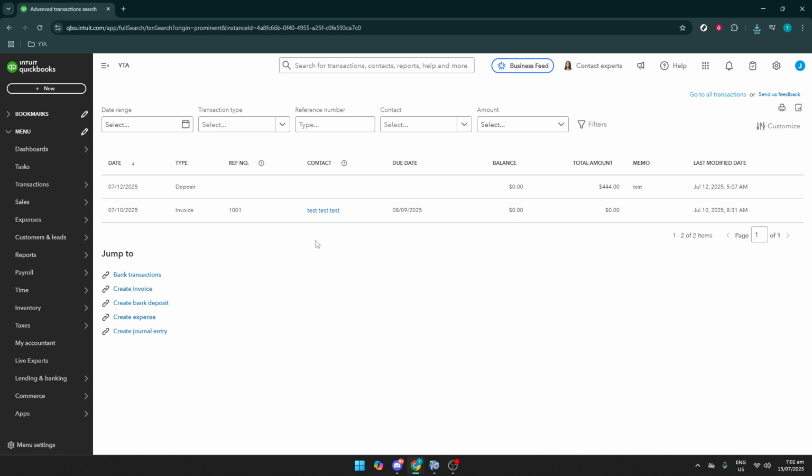Once you've clicked on Advanced Transaction Search, the next move is to click on the transaction type. This will present you with a list of transaction categories, such as invoices, sales receipts, payments, and others. This step is crucial because it allows you to filter your search to the specific type of transaction you're interested in. Choosing the correct category will streamline the process even further and bring up relevant results faster than a more